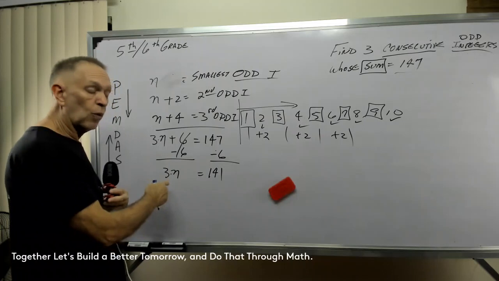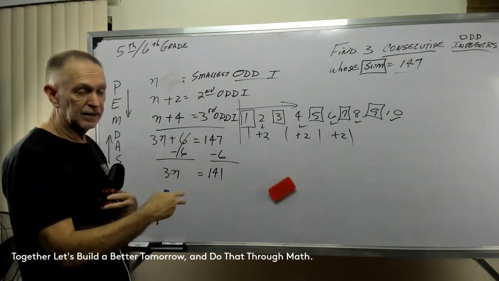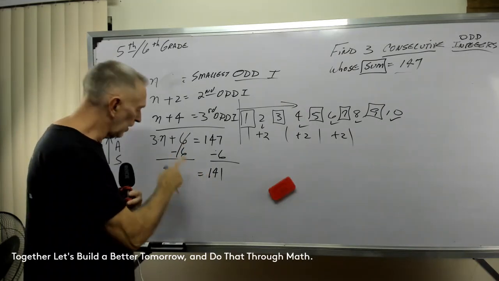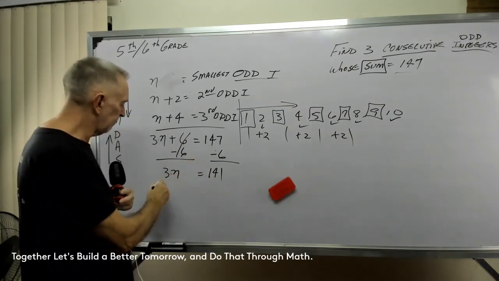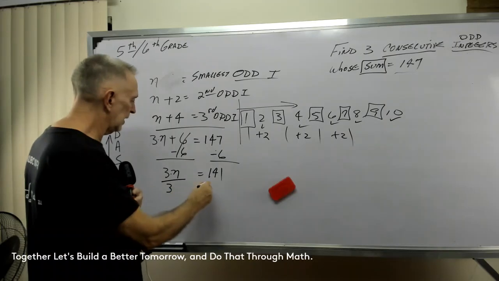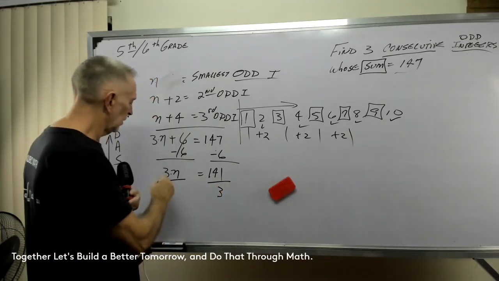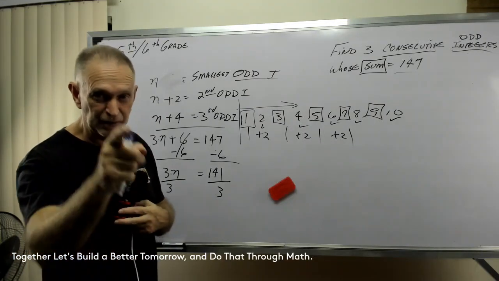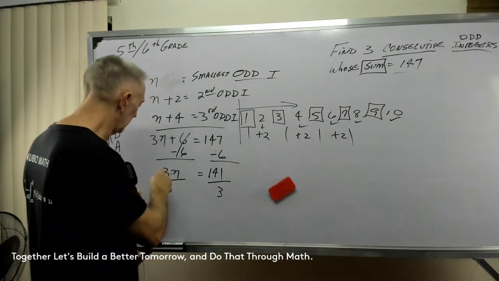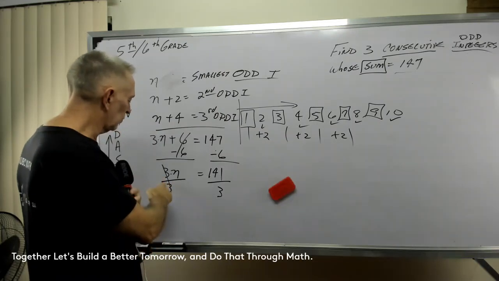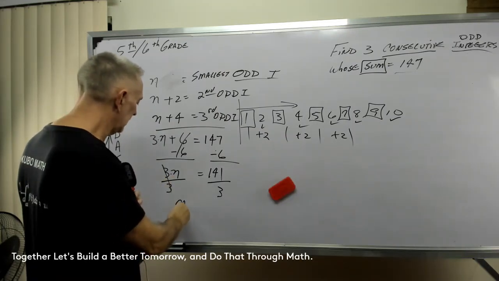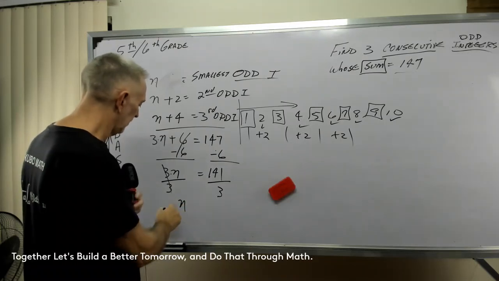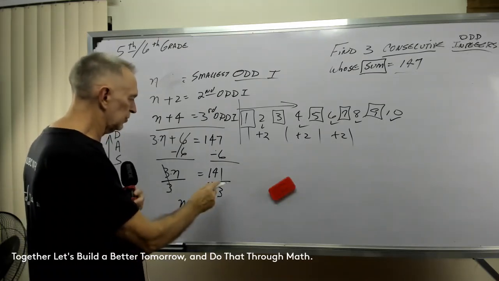Well, I don't want to know what 3n is. I want to know what 1n is. So I need to divide both sides by 3. 3 divided by 3 is 1. If you say 0, I'm coming to your house. Okay, 3 divided by 3 is 1. 1 times n is n. I think my n's getting a little crazy there, isn't it? n equals,